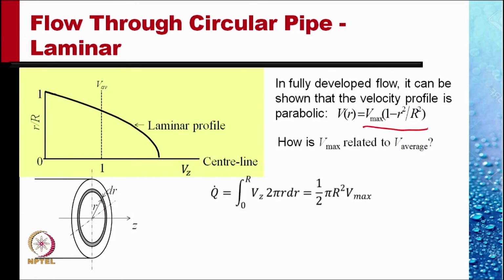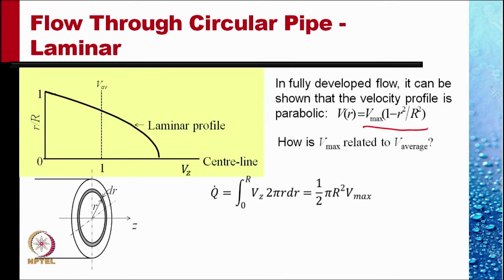The volume flow rate is integral over r from 0 to capital R, Vz, the velocity at that location, which is V max into 1 minus r square by capital R square, into the area of this ring, 2 pi r dr. And this, when we integrate, comes out to be 1/2 pi R square V max after putting in the value of Vz given by the velocity profile